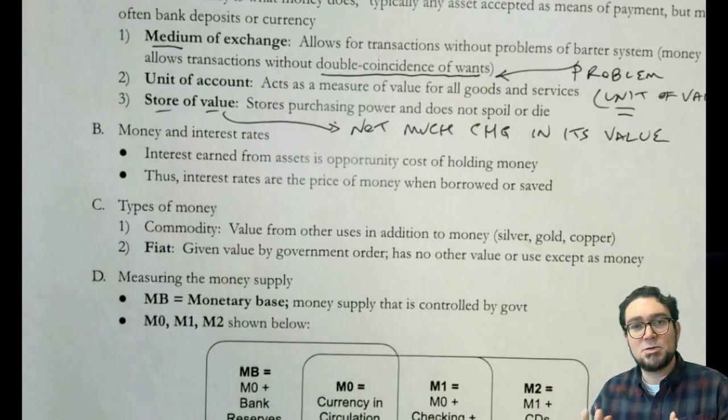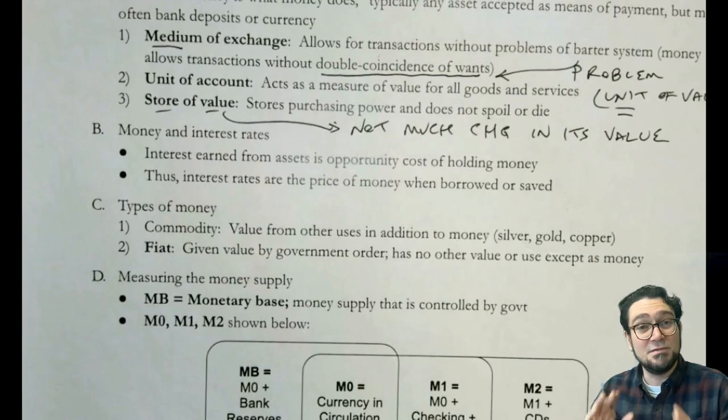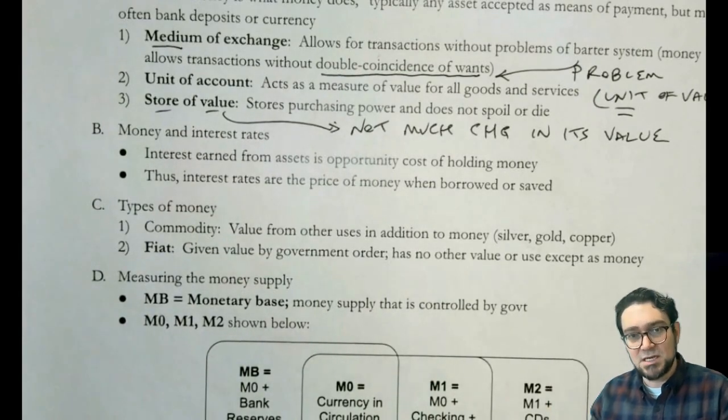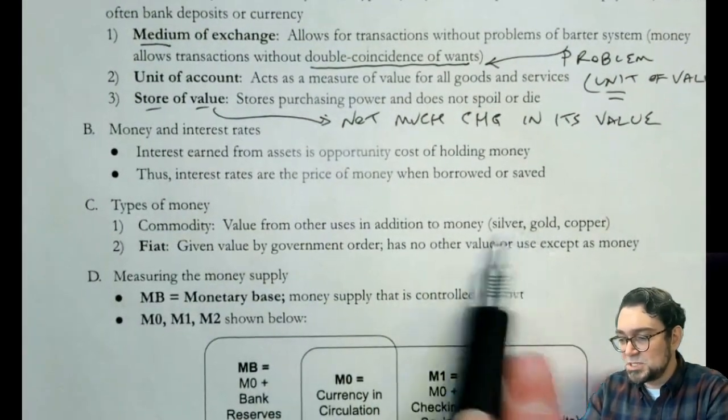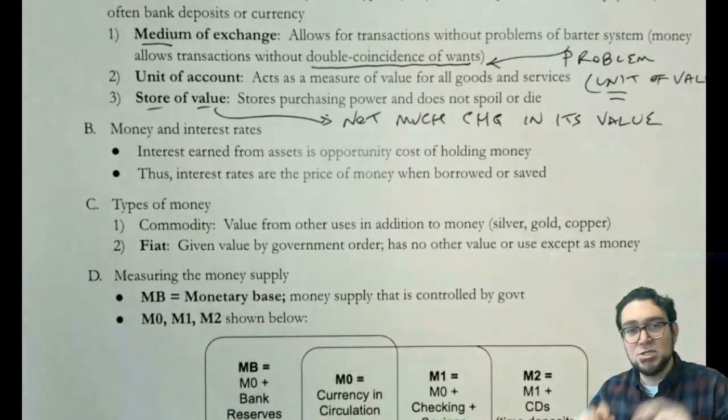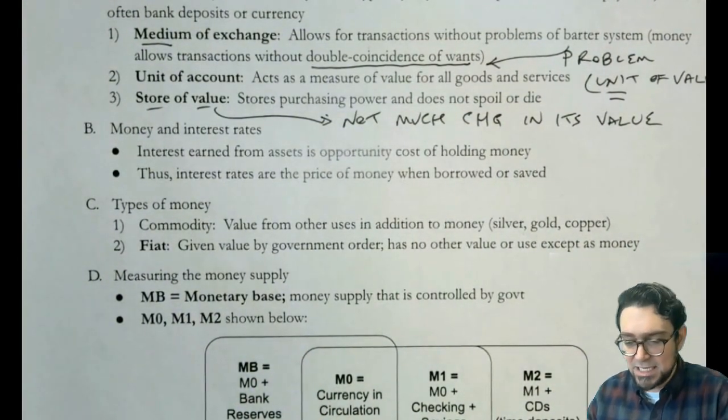And it simplifies things quite a bit, and it allows you to actually control inflation in a much better way than using commodity money. So again, really, this is just saying, do you have other uses, gold, silver money, or is it just money that has no backing, right? It's just money for money's sake.